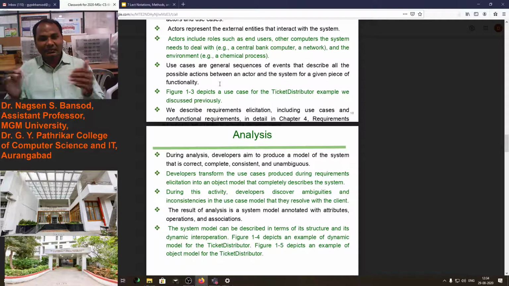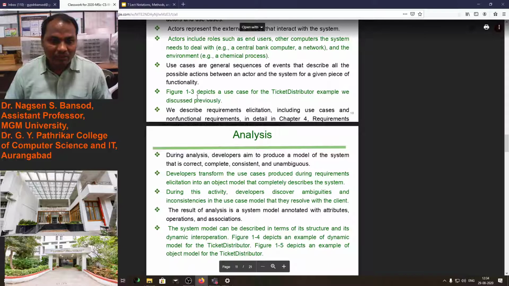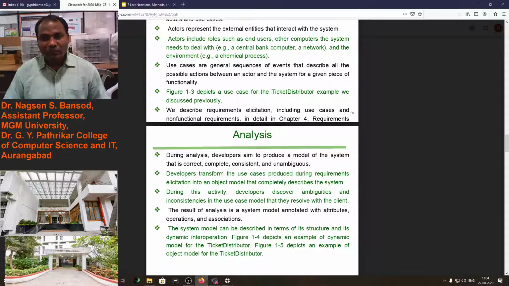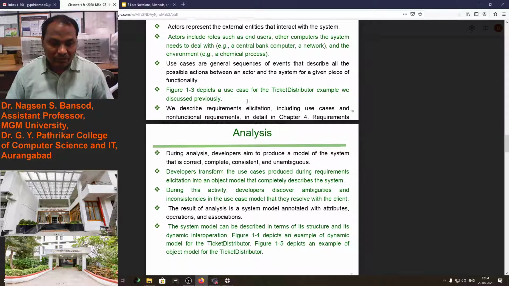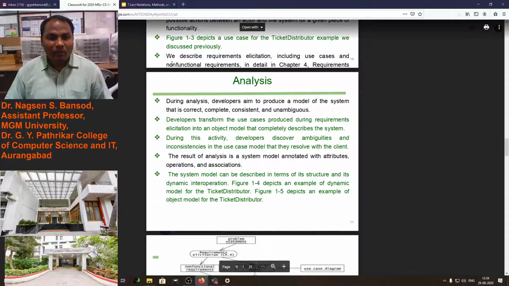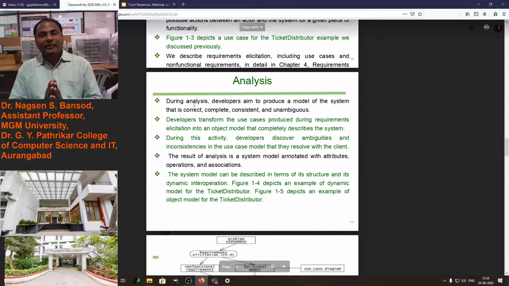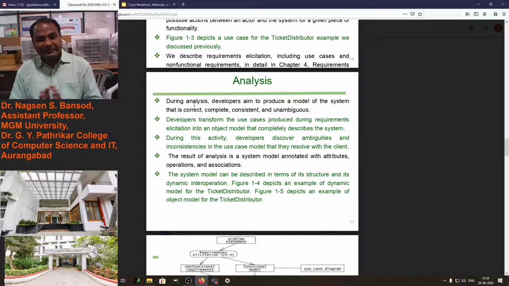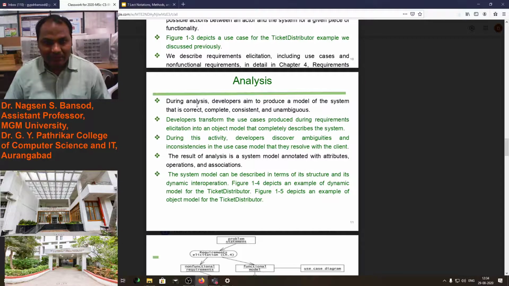That task, that piece of functionality, is the use case, given in figure 1.3, the use case for the ticket distributor. We have already discussed a ticket distributor project, in which the use cases were given. We describe requirement elicitation, including use cases and non-functional requirement details, in the next chapter.